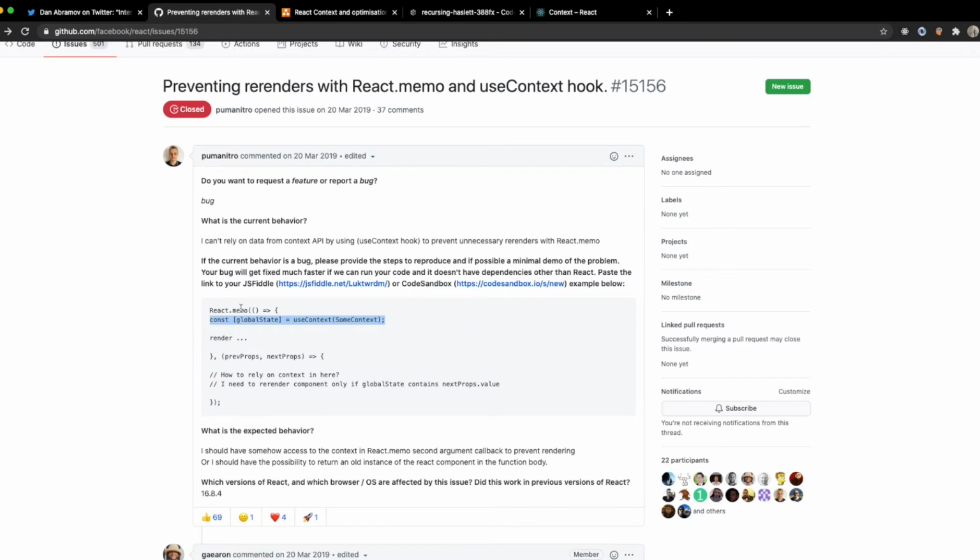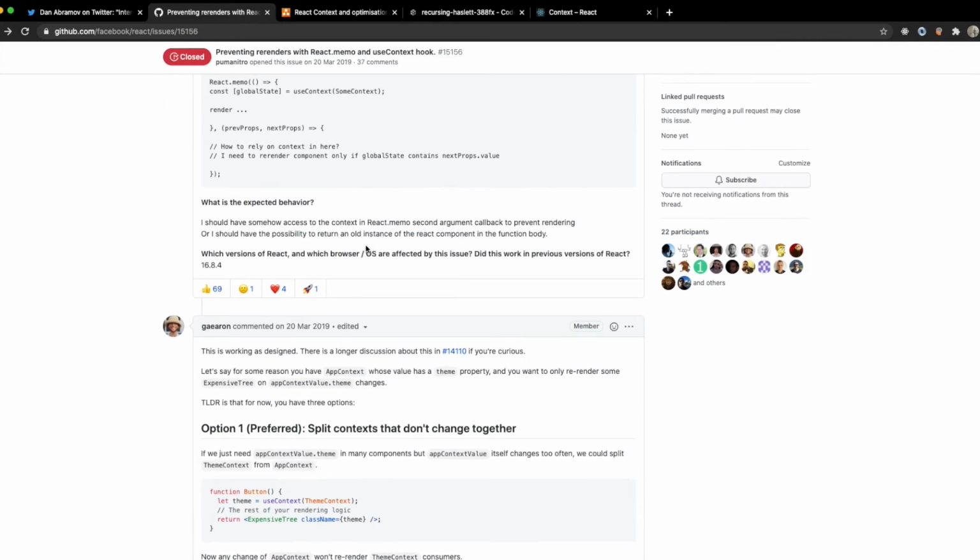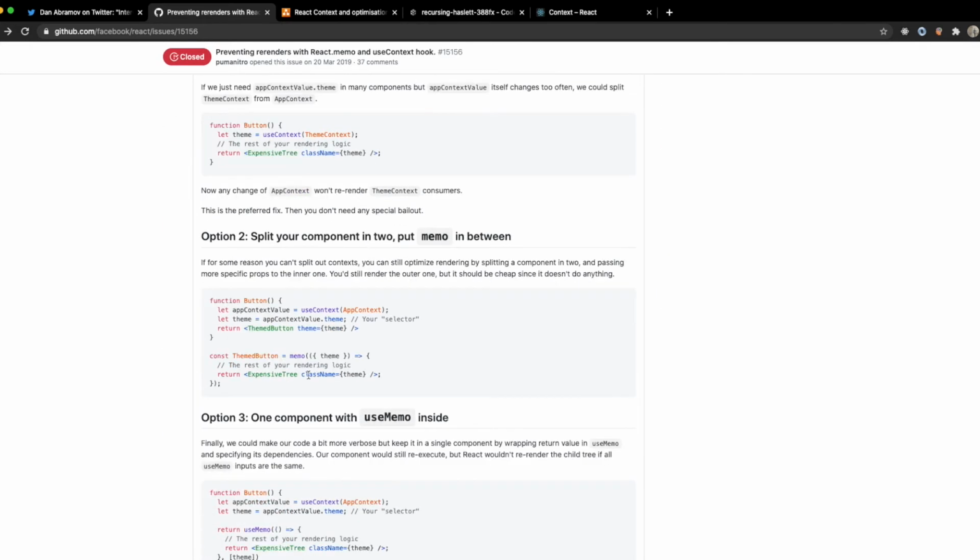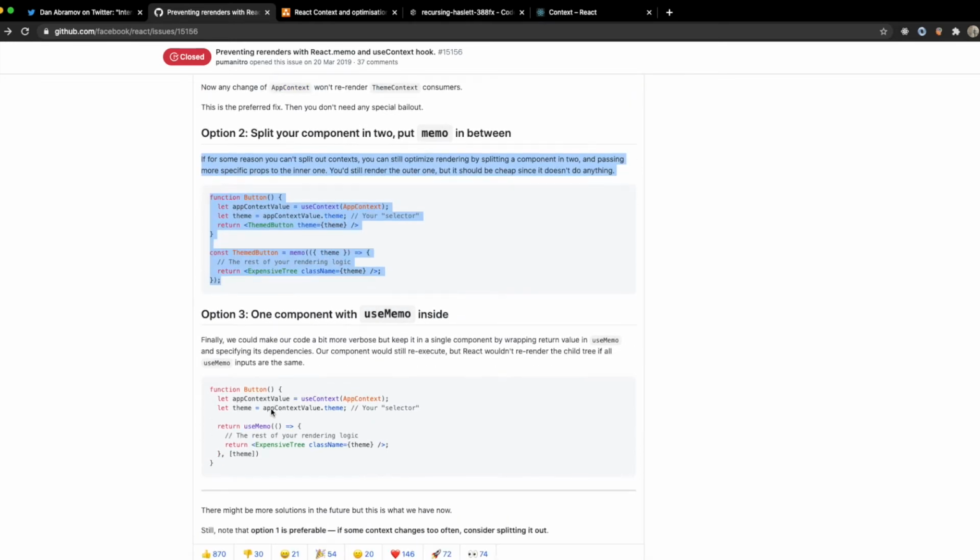And he is doing something, and of course he has a React.memo outside. So he is trying to rely on the context inside this React.memo. The solution suggested over here is similar to what we have done, right? We are rendering a component which is memoized depending upon one of the parameters of the context value, right? So this is something which we have implemented over here.